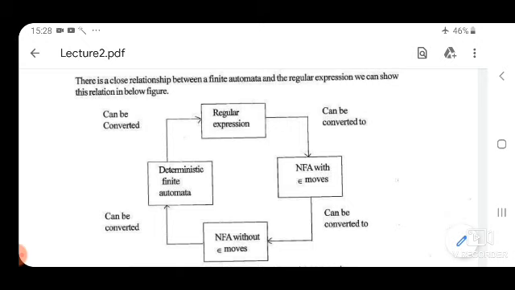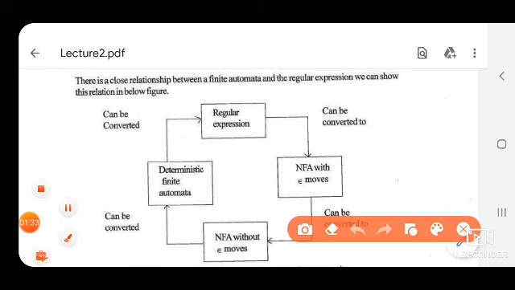In the given figure, as you see, there is a cyclic transition from one block to another block. Okay, as we see, we can convert a regular expression into an FA with null moves. Then from an FA with null moves, we can convert it to an FA without null moves.